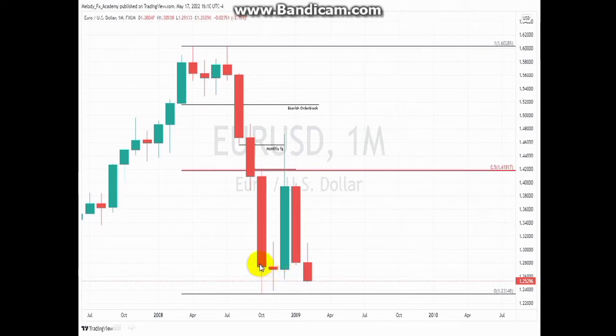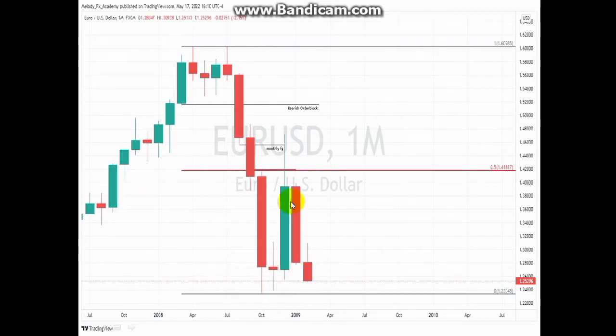There's liquidity resting at the bodies of the candles. At times it does not necessarily need to go below the wicks for a stop hunt. It can literally trade just below the bodies of the candles, and we can get our exit.